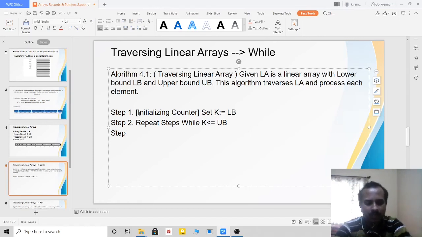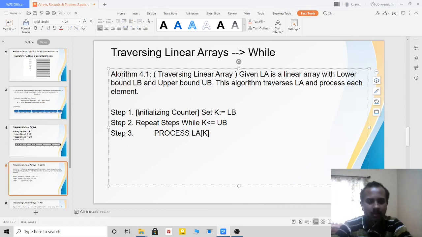Step 3, I have to process it, right? Since it comes under while, I am giving the tab. Process, or since it is a function, I will write capital Process LA of K. Or when you write the algorithm, I have to write it in words, right?